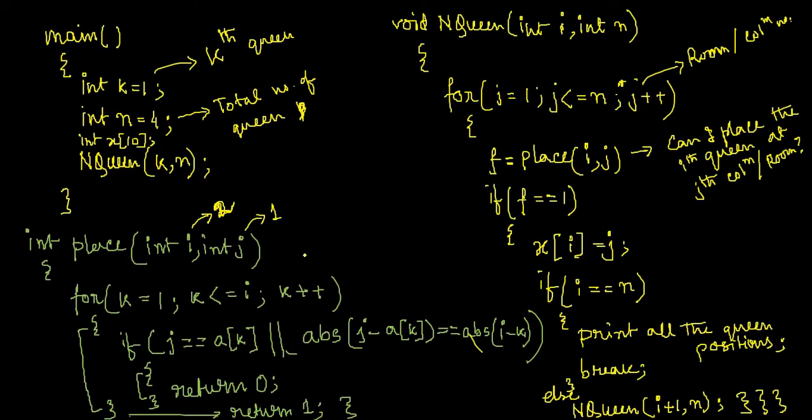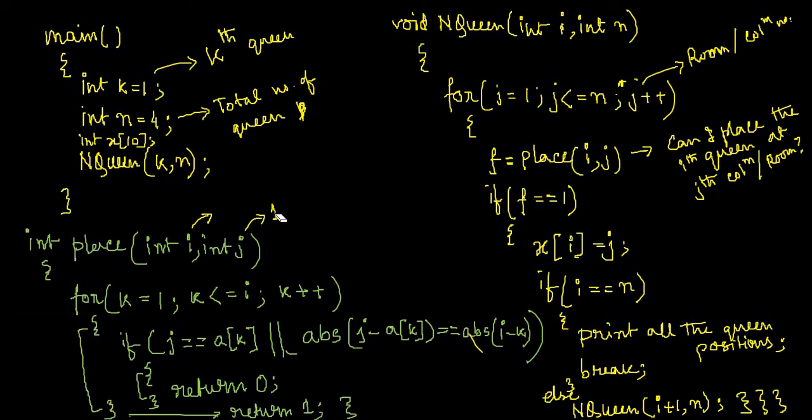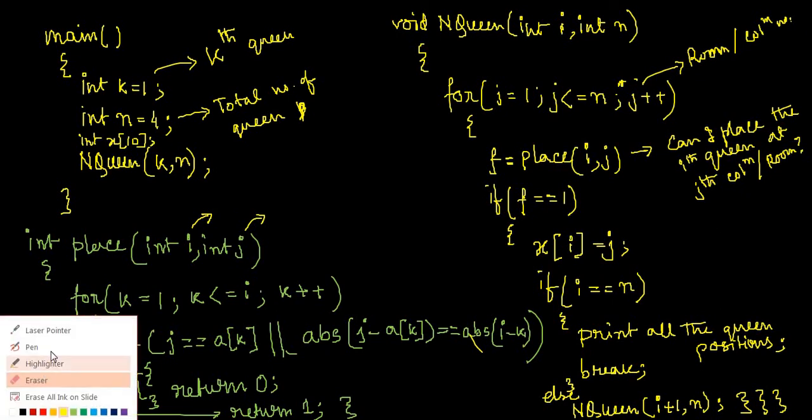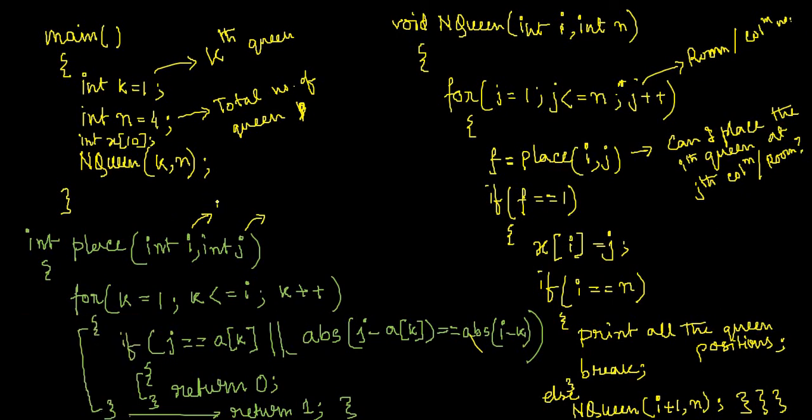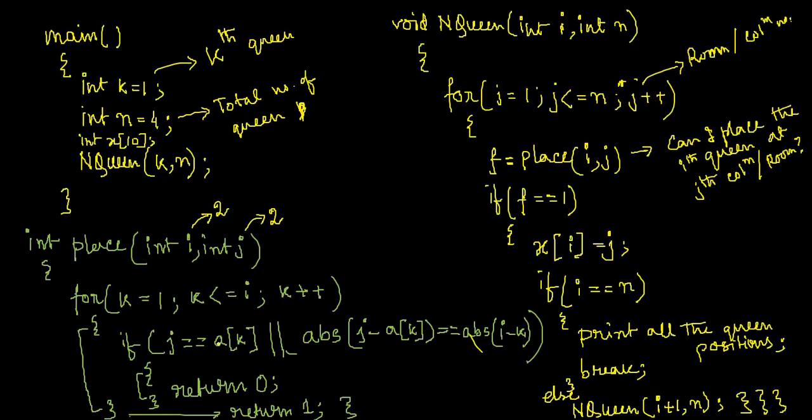Because now, this i, let me write it clearly again. Now this i and j is what? This i is obviously 2 because second queen. And now j is equal to 2 again, because the second queen wants to be placed in the second position or not. That I am trying to find out. So, for the first queen, when it will check with respect to the first queen, j is equal to 2 and a of 1 equal to 1 that we have seen. So 2 equal to 1 will be false.